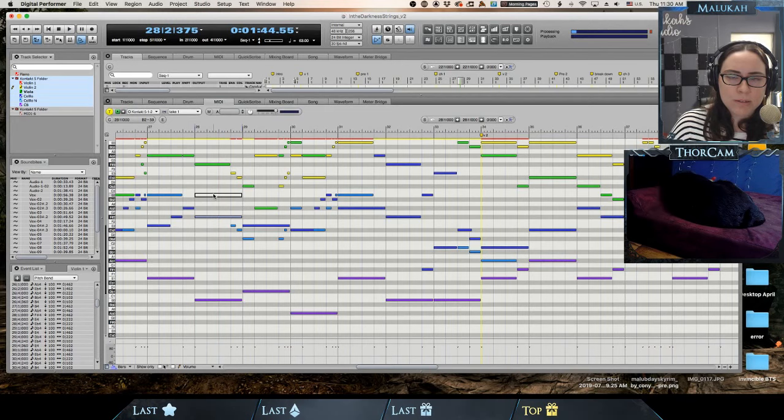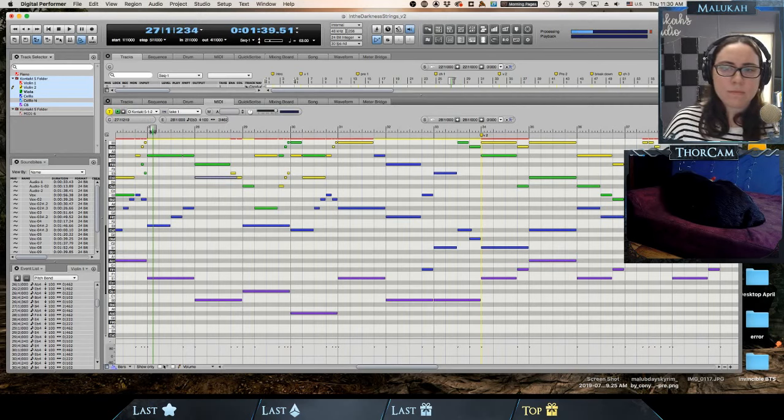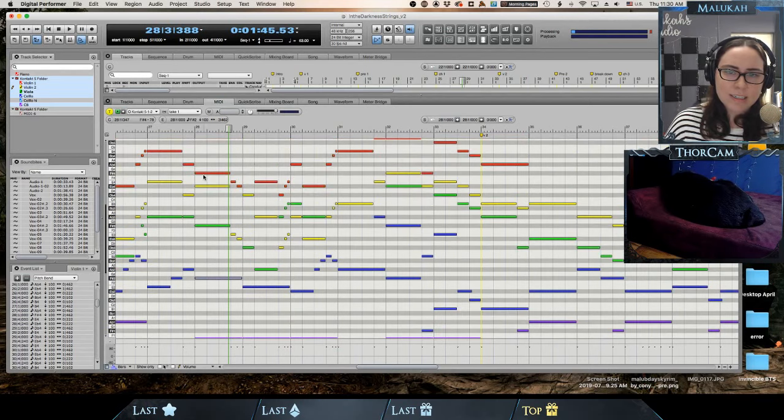That's the same note. Do you see the difference? If I move it to this repeating note that I have doubled here and here,